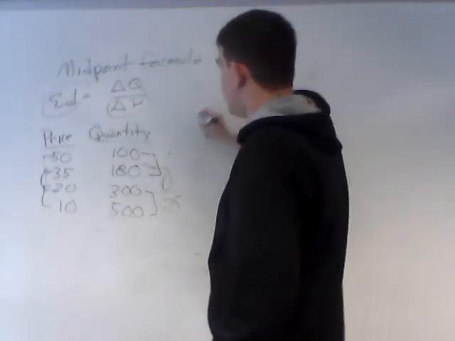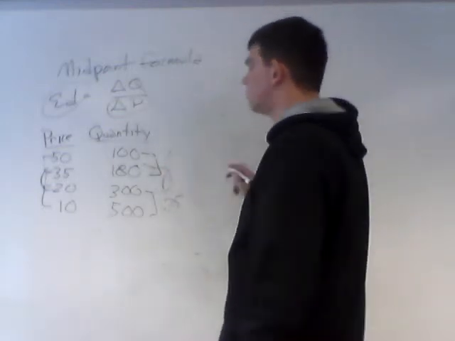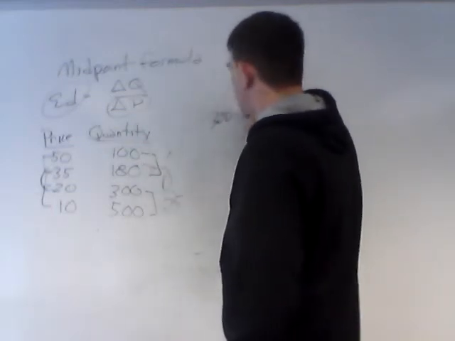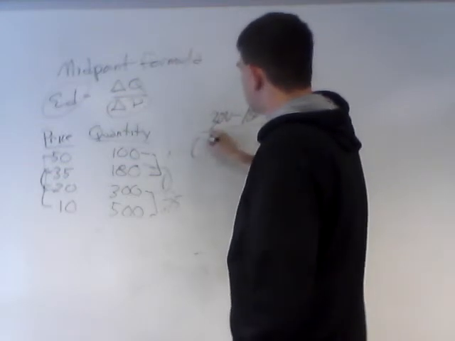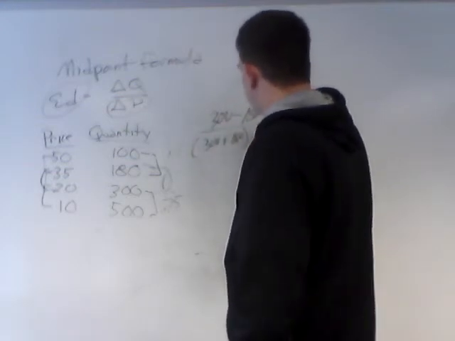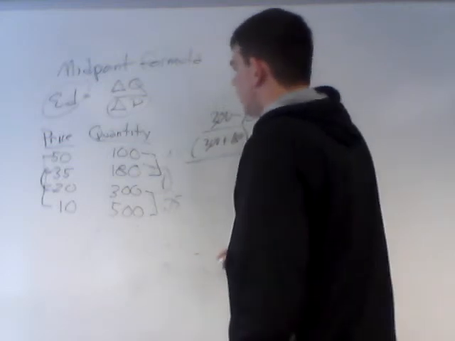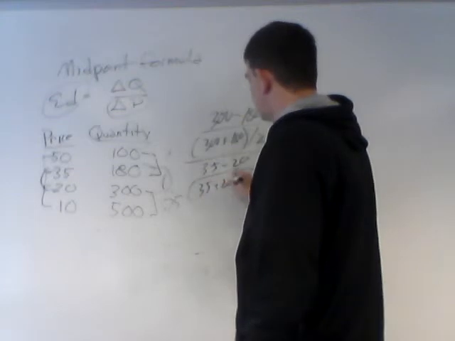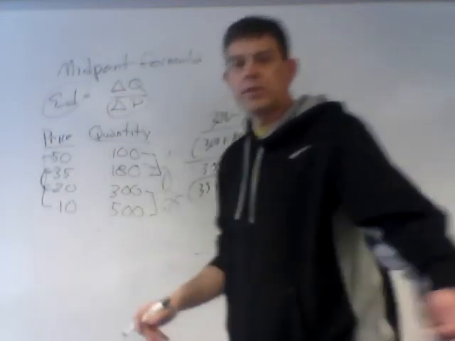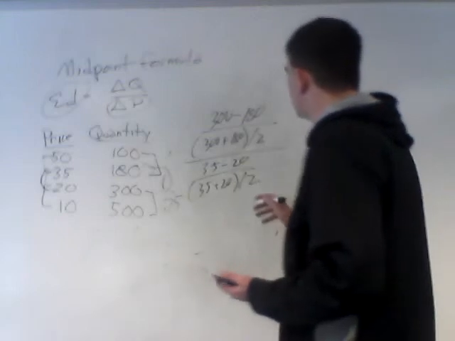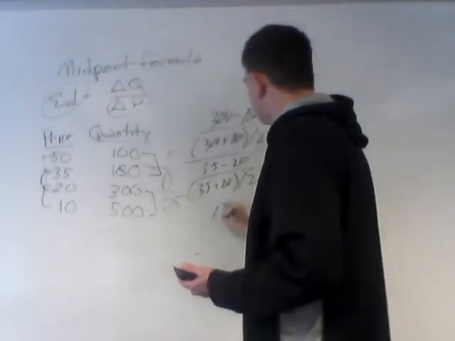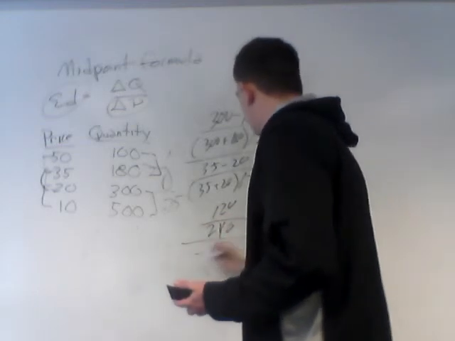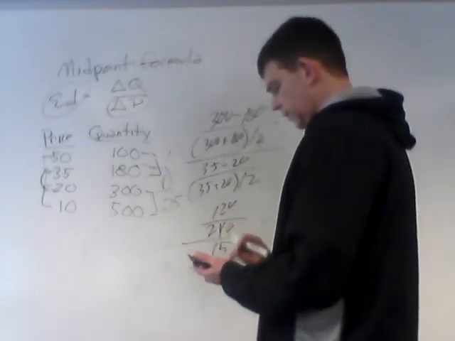So again, it is the change in quantity over the change in price. So the change in quantity from 35 to 20, we look 300, 180, 300 plus 180 over 2, okay? And the change in price, 35 to 20 over 35 plus 20 divided by 2. So once again, I reach for my handy-dandy calculator, as you should too. So 300 minus 180 is 120 over 240 divided by 15 over, once again, 55 divided by 2,